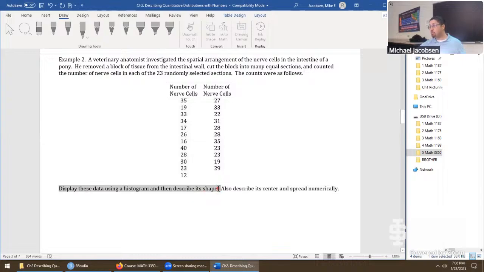We want a histogram as well, because we also have a problem with our data. If it's too skewed, the sample mean does a terrible job of describing the center, and the standard deviation then does even a worse job of describing the spread. So the histogram is going to give us an indication of, is our data symmetric enough to really use these statistics in the first place? So let's begin by going into RStudio, importing all the data.